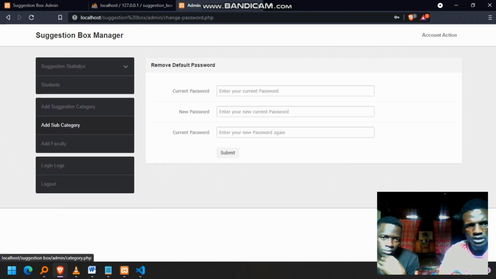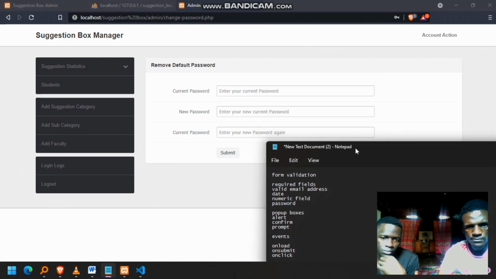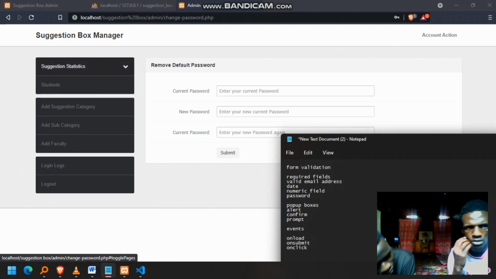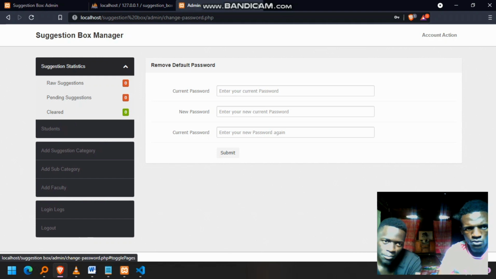With the password done, the administrator can show us the required fields in the suggestion statistics, and the administrator has the powers to view the suggestions that may be raw,